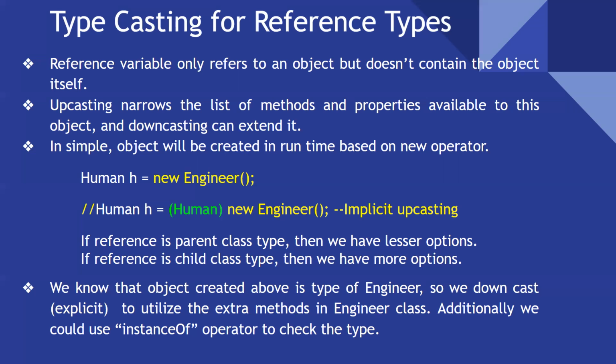In that scenario, everything will be extending the human class, because the properties and methods available at the human level will be applicable to the engineer, doctor, lawyer, everyone. In real life also it happens: every engineer can be a human, but every human cannot be an engineer. The same way, every doctor is considered a human, but every human cannot become a doctor. So if you have the upper class reference, at runtime you can get any object which extended that parent class.